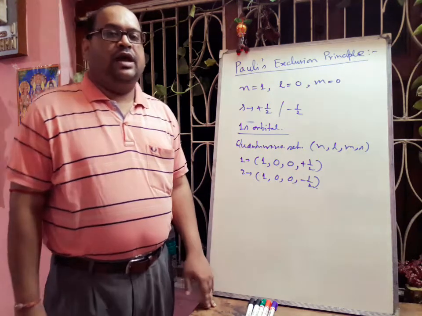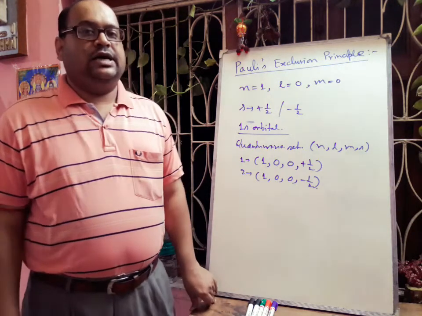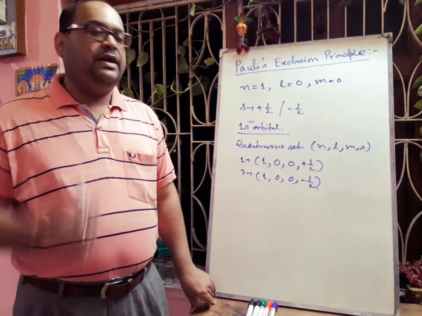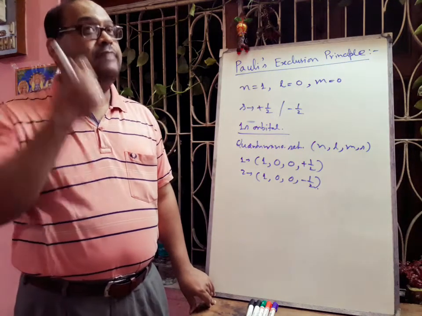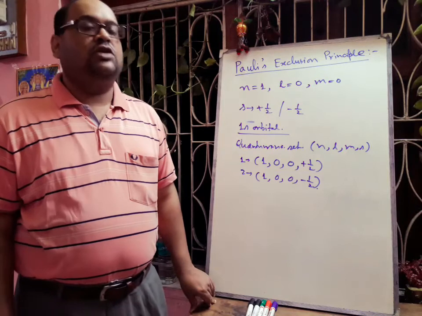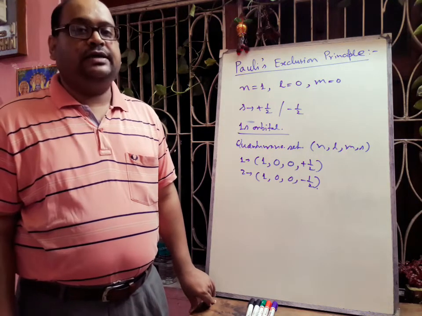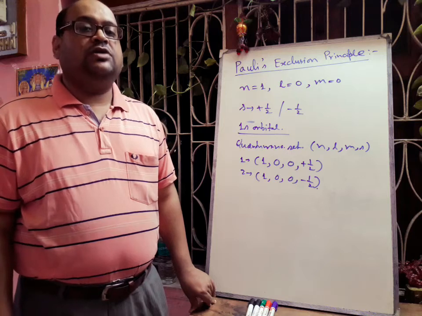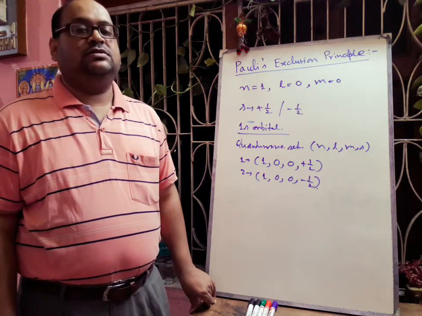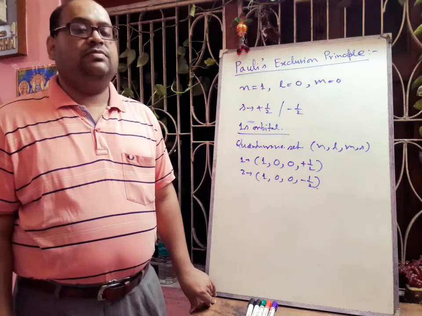Now we will discuss the shapes of the different types of orbitals. Actually this shape comes from the solution of the Schrodinger equation, that we will discuss later, if I get time. And actually now the Schrodinger equation is not in your syllabus. We have to discuss the radial probability function also.